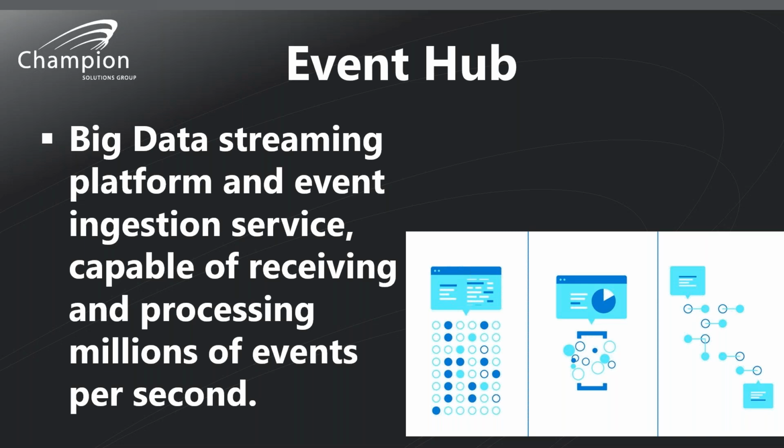So very important. Let's say you have IoT devices out there, or just a lot of data coming in very, very fast. It might be important to put an Event Hub in front of your data factory, and the data factory can pull the data from Event Hub. So it's almost like a caching device prior to ingesting all the data. Yes. Okay. Exciting service, especially for people in big data and where they're receiving millions of transactions a second.